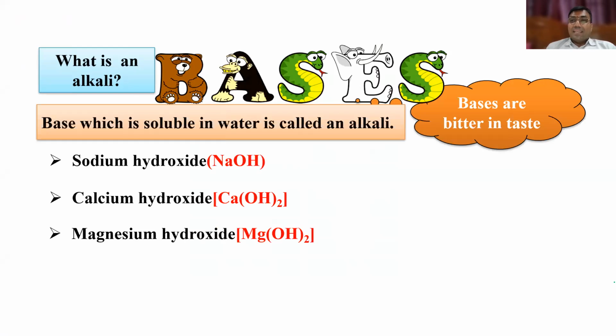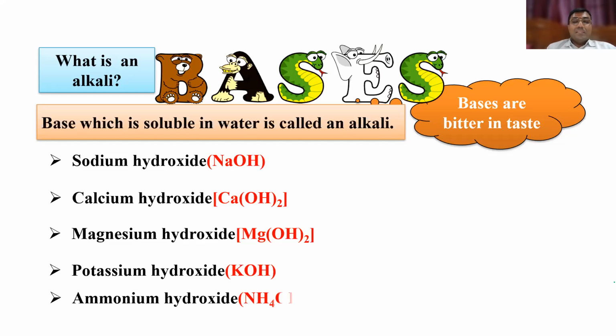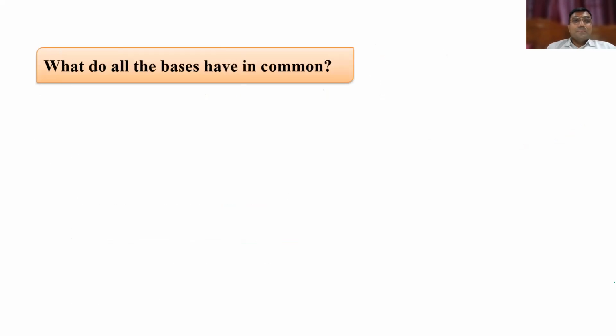When you take excess antacid, what happens? The stomach will become alkaline. So naturally, constipation will come. You should not take too much antacid. When your stomach is acidic, if you take more antacid, after neutralization, what happens? The base will be more. Then constipation will develop. So you should be very careful. You should take these medications under the direction of a physician. Similarly, potassium hydroxide, ammonium hydroxide, these are all very good bases.